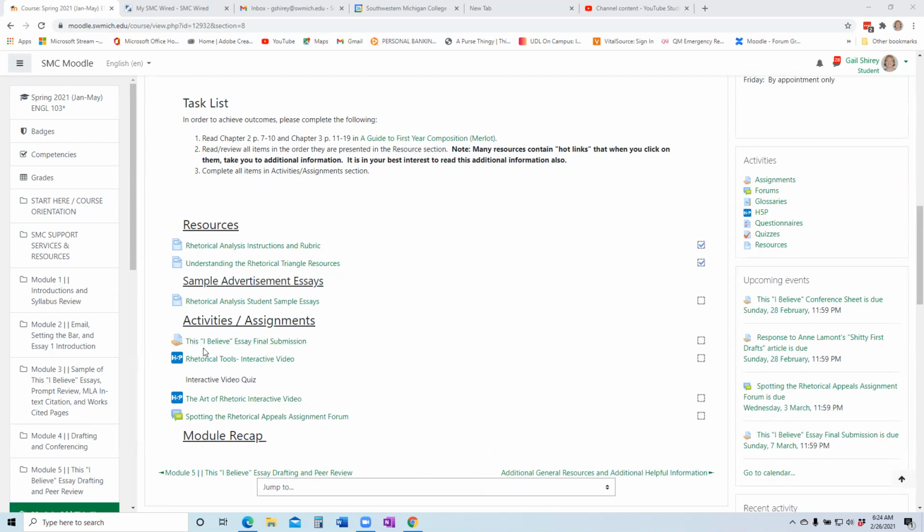The number one thing is get your final submission for the I Believe essay. You got feedback from me, you got feedback and peer review through the forum last week, and you should have done a consultation. So you've had 3 opportunities for feedback, for revision, for improvement. So I'm hoping this is just a very short revision, some minor corrections, and then you are uploading. This hopefully will not take a lot of your time this week. So upload that before the due date, which of course is Sunday by midnight.